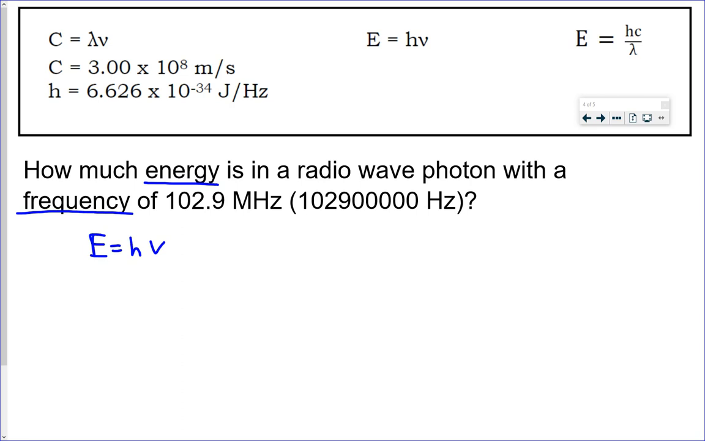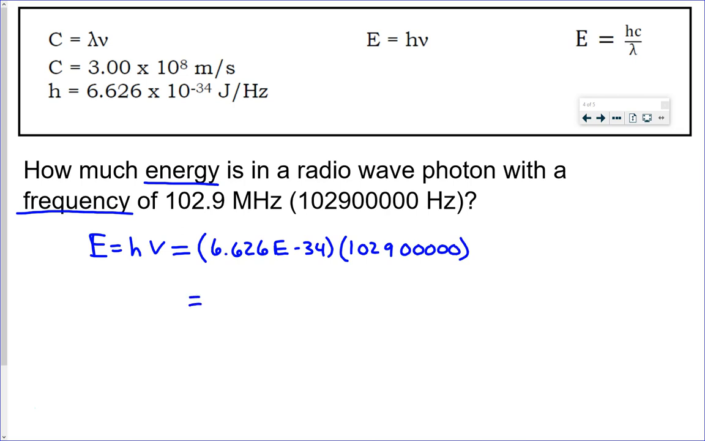E is energy, h is Planck's constant, and then that nu is frequency. We can just plug in directly here both of these values that we have. Energy is going to be equal to Planck's constant, 6.626 times 10 to the negative 34th, times that frequency, 102,900,000. We multiply those two together,